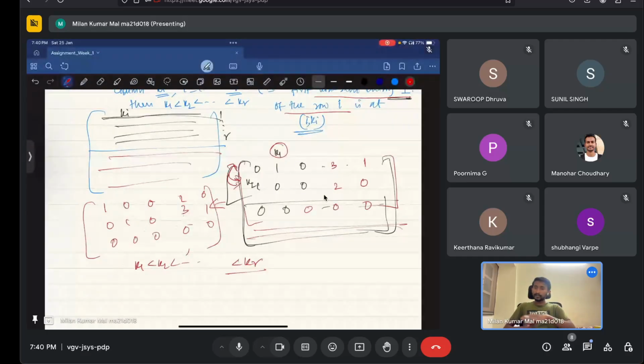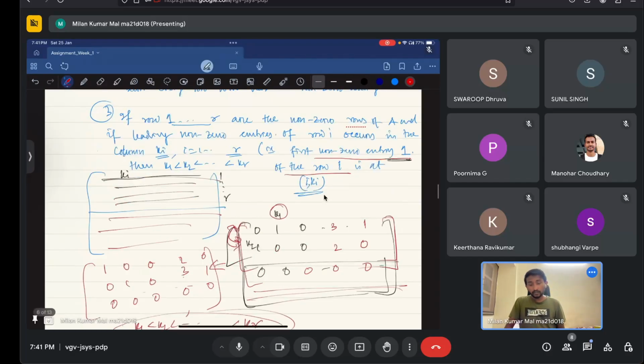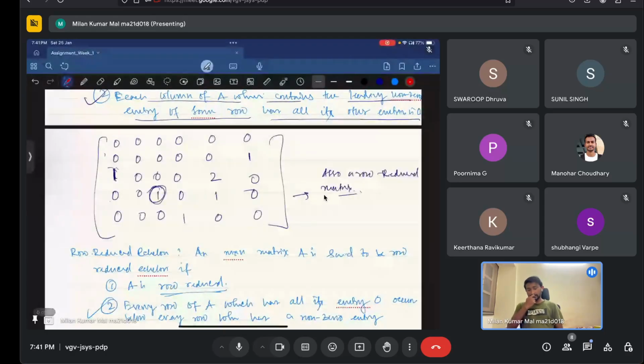Okay, and that by interchanging row operation. Third, what we will do is, all the non-zero rows are above, so we have to do some interchange in such a way that k1, k2, kr will be placed that way. For example, if we go to this particular matrix, this is row reduced, no problem, but this is not